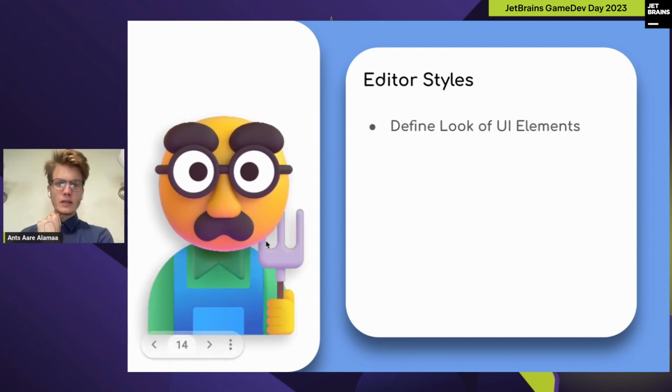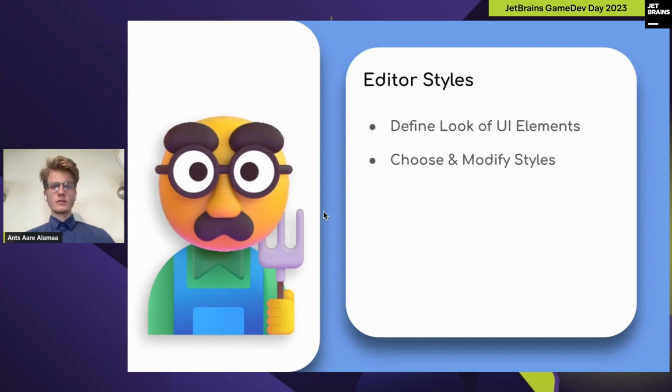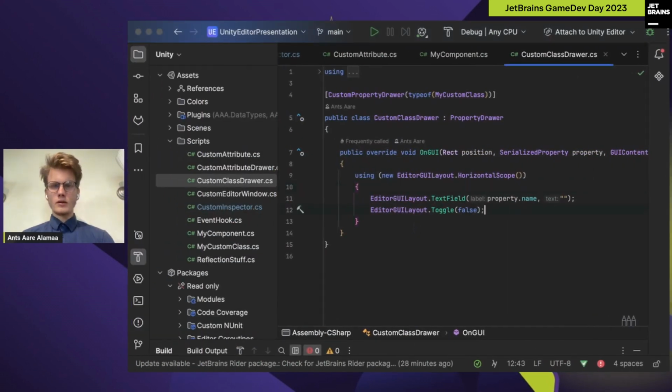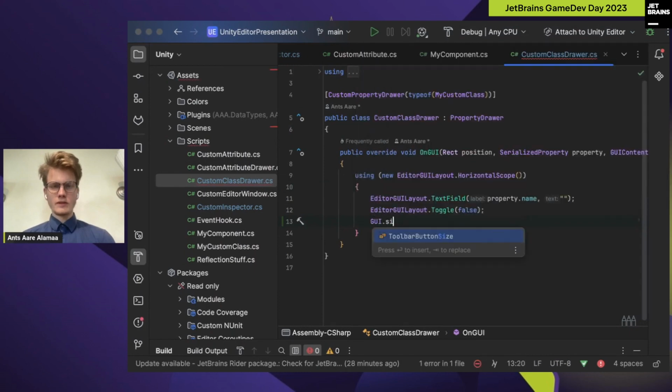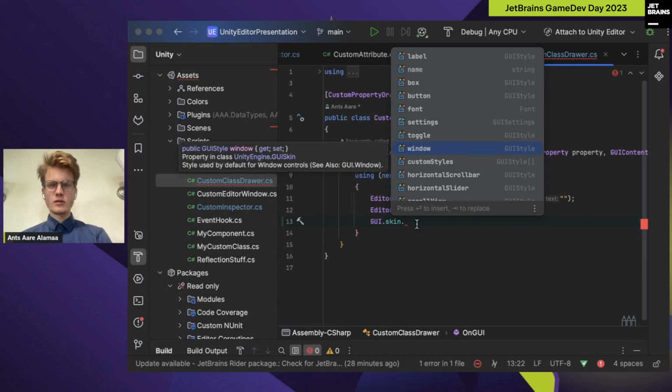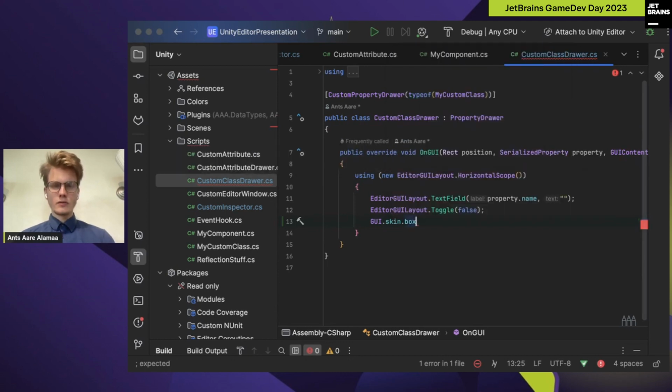You can define the look of UI elements by applying a style in the last overload of the method. Usually you can just choose a style and then modify it, maybe add a bit of padding or change the color or something like that. And there's basically two places you can get a style from. The first one is GUI.skin and the second one is editor styles. So using GUI.skin, you can see there's a skin for labels, for boxes, for buttons, for toggle or windows, etc. And if you do box,